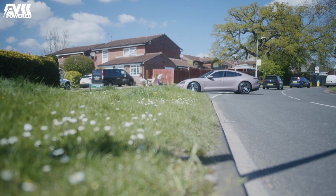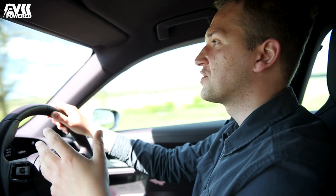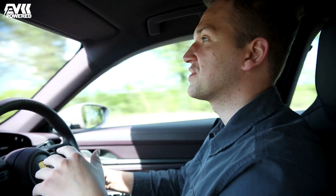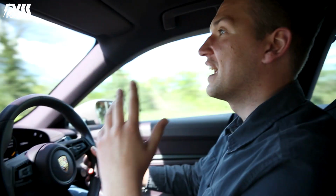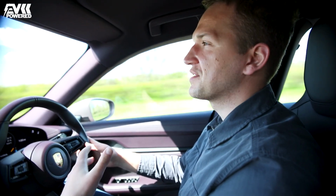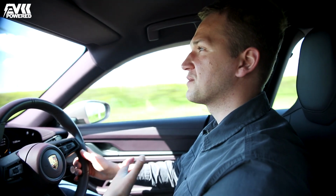But it's not all about fun when it comes to the Porsche Taycan, because it is pretty suited to the real world as well, and that's because it has a combined WLTP range of 301 miles, and thanks to its 270 kilowatt battery charging capabilities, you can also recoup 5 to 80% of your charge in just 20 minutes. So you've got the best of both worlds with the Porsche Taycan, because if you want to just blast it and stamp your foot to the floor, it's going to put an immediate smile on your face. But if you're using this day to day, then you can just relax into a nice comfortable drive,